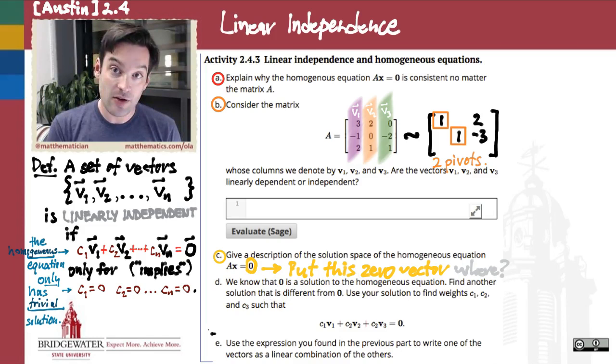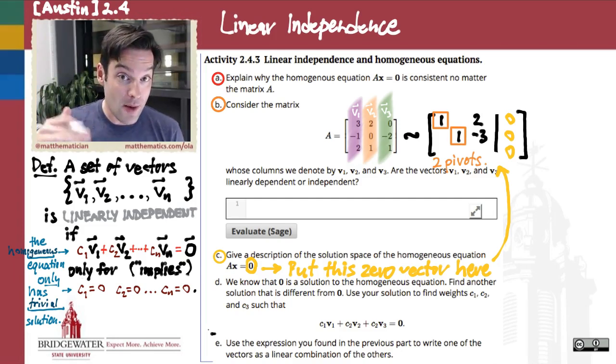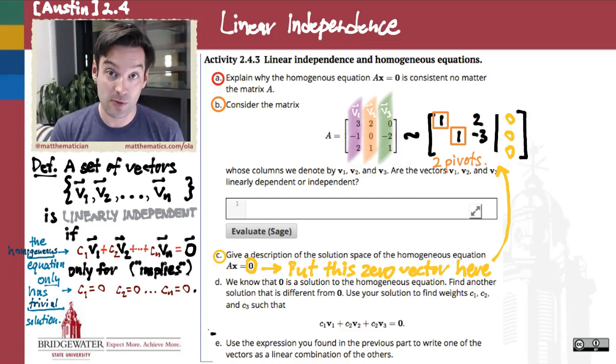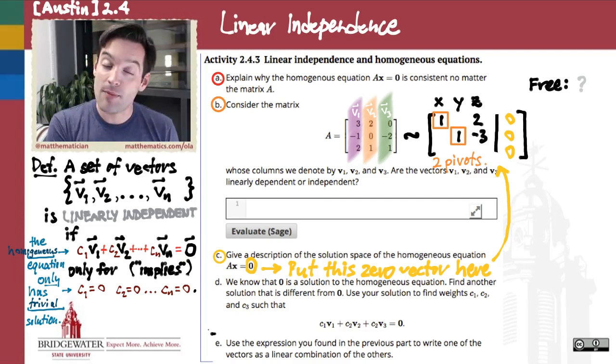Where can I put my 0 vector into the work that I've already done in order to conclude this question pretty quickly? Right, all I need to do is put the 0 vector on the right-hand side of an augment bar in my row echelon form. Really, I should have done that back here before I started row reduction, but remember, the great thing about zeros is that elementary row operations are not capable of destroying zeros if I have all zeros on my right-hand side. So if I started with all zeros on the right-hand side of this augmented matrix, I would still have all zeros on the right side of my row echelon form. So I can just put my 0 vector there, and then use this information to describe in parametric form the